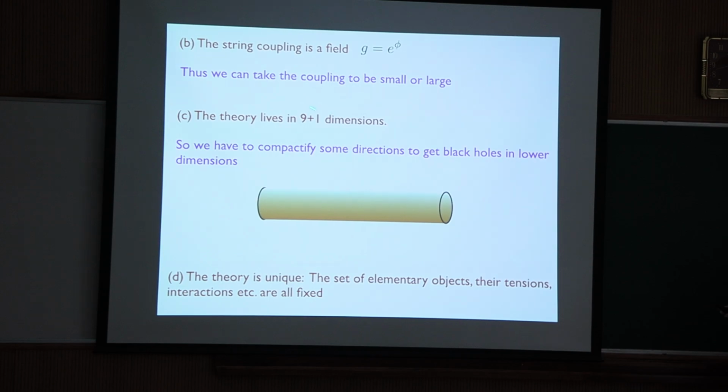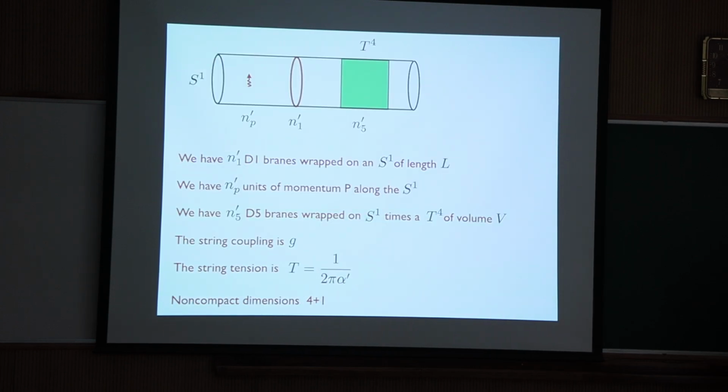The string theory lives in 9 plus 1 dimensions. So if you want to see 3 plus 1 dimensions, the other 6 dimensions must be little circles, and we draw them like this. These are the non-compact dimensions. These are the compact dimensions. We already said the theory is unique, and then because theory is unique,